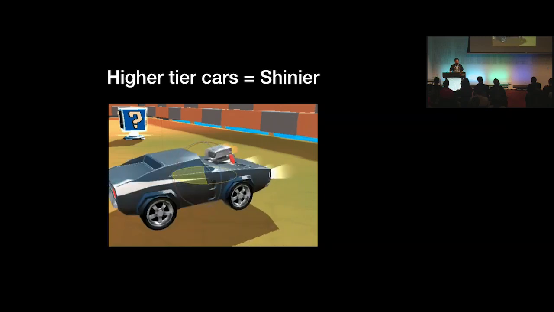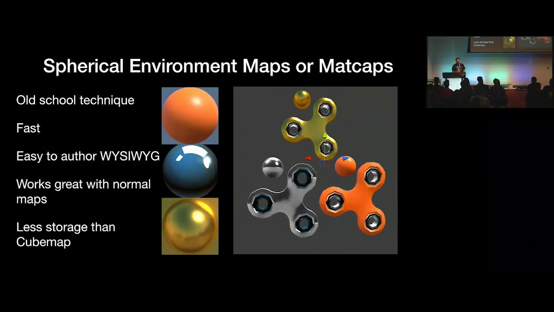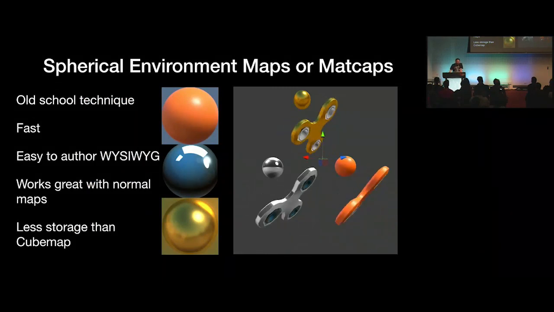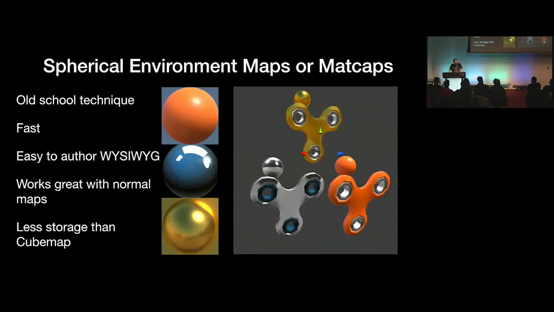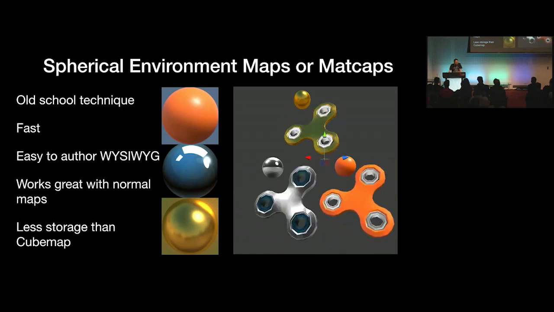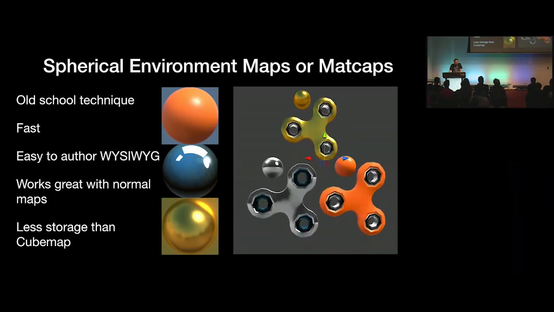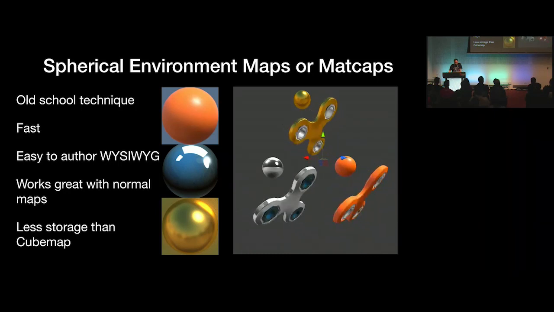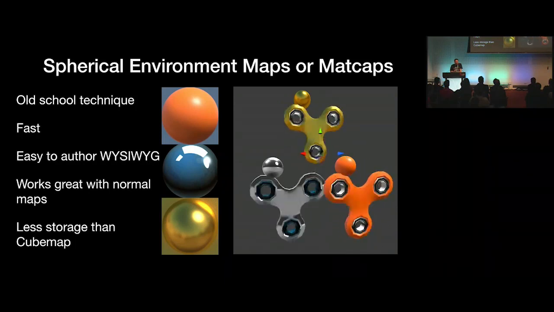So to get this shiny effect, we didn't actually use cube maps. We used the old school spherical environment maps, or mat caps. It's an old school technique, and it's pretty fast. And I think one of the good things about it is it's easy to author. If you don't know what WYSIWYG is, it's what you see is what you get. So you only have one texture map, and you can pretty much tell when you draw the texture map